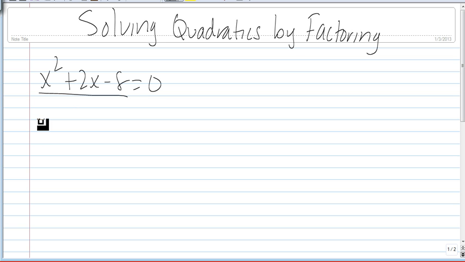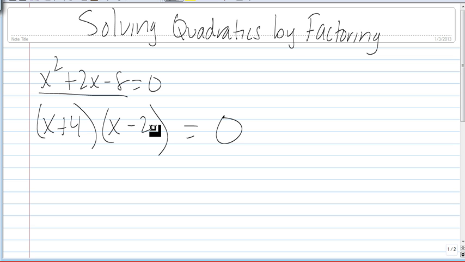Remember, when we factor, we're going to have our two binomials here. So what two numbers multiplied together is 8 and combined to be 2? Remember in factoring, your answer is going to be a positive 4 and a negative 2. If you need help with factoring, go back and review factoring in the earlier modules. Now notice we have two